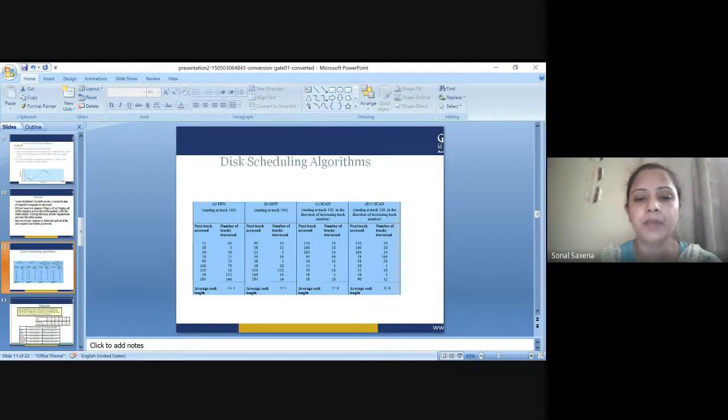Now this is a comparison chart of FIFO, SSTF, scan, and C-scan. Here it is in front of you to just analyze which one is having the number of track moves and which one is having good performance. So just see to it and analyze first of all. Students, you have to analyze after seeing this comparison chart. Even just take these number of tracks accessed and try it yourself whether the answers are coming right or not, and then compare and let me know what exactly you analyze after seeing all these comparison charts.